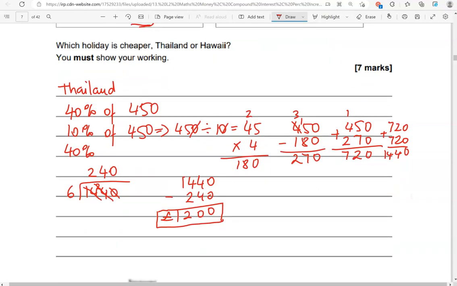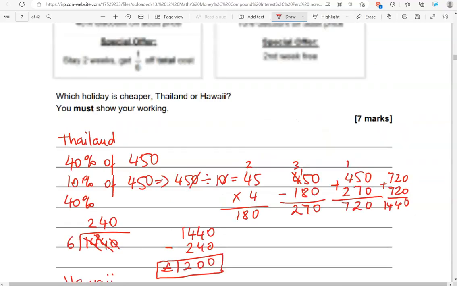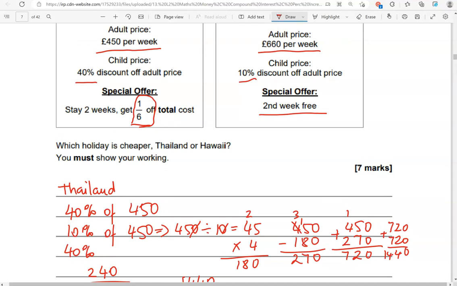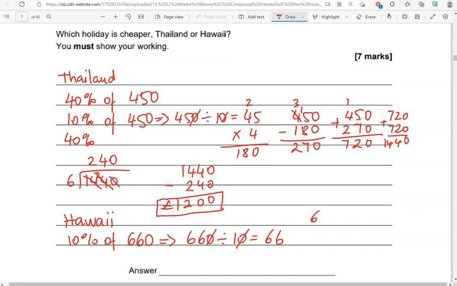Now we're looking at Hawaii. We've got adult price £660 per week, child price 10% discount off the adult price. So we're working out 10% of 660. So 660 divided by 10, that gives us 66. So knocking off a 0. So that is the discount. So we're going to do now 660, take away 66 to give us the